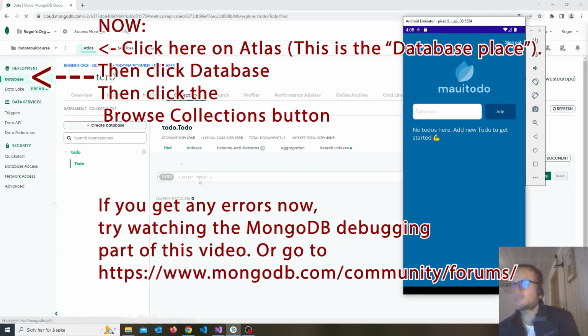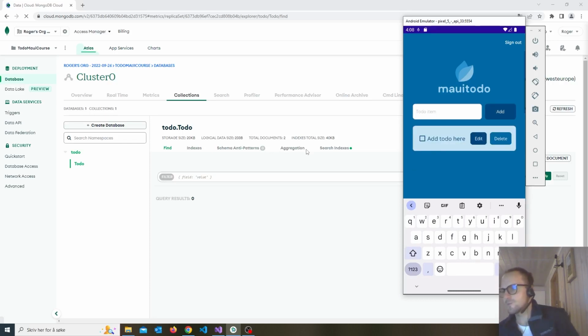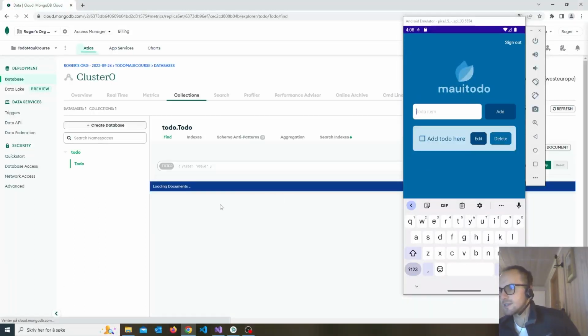So we got this database connected to this MAUI app, and we can add a to-do here. Let's click that one, and I want to refresh this database. As you see, it comes